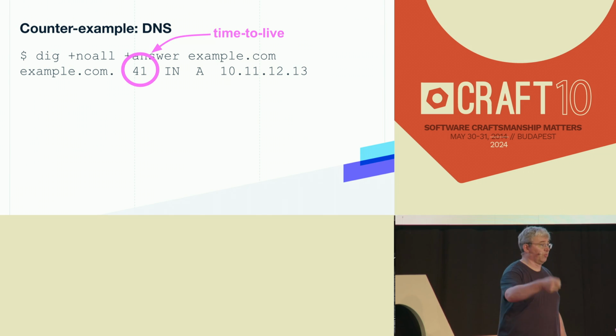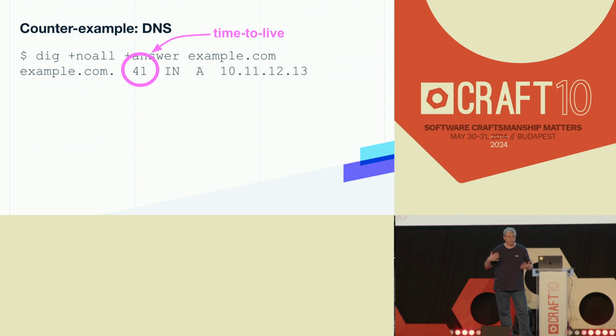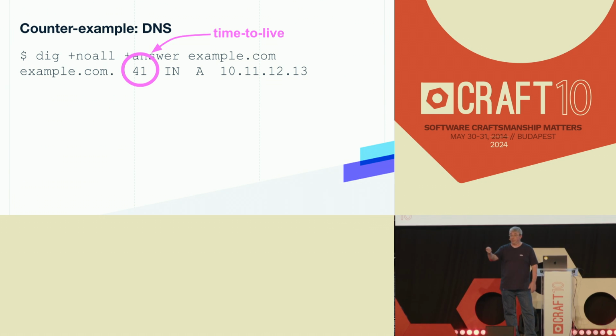And so if I were to issue the same command again, then the DNS client, which is usually my operating system, but not always, will say, hey, I've actually got a cached answer. Here you go. It's the same answer that it was 1 second ago. But now here's the question. What happens after 41 seconds?